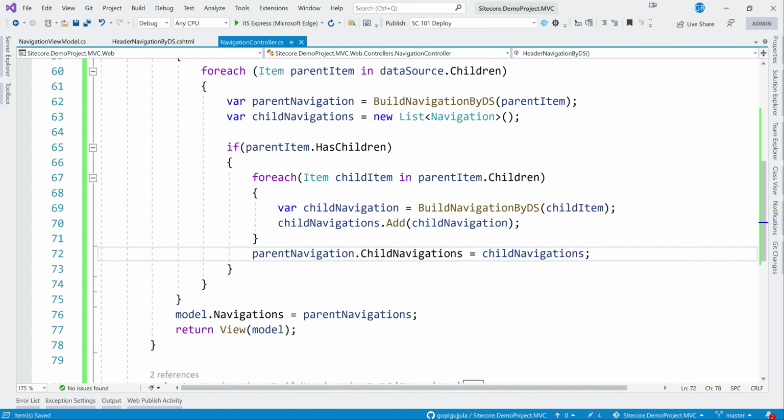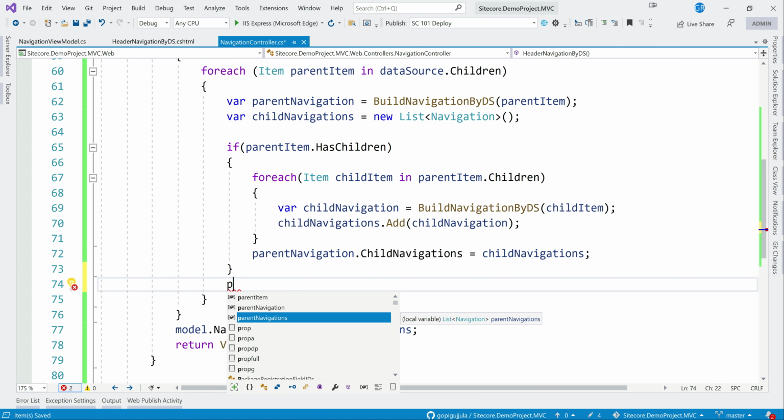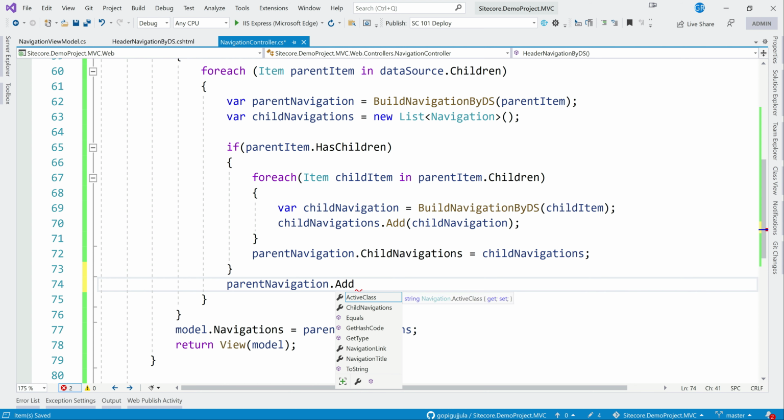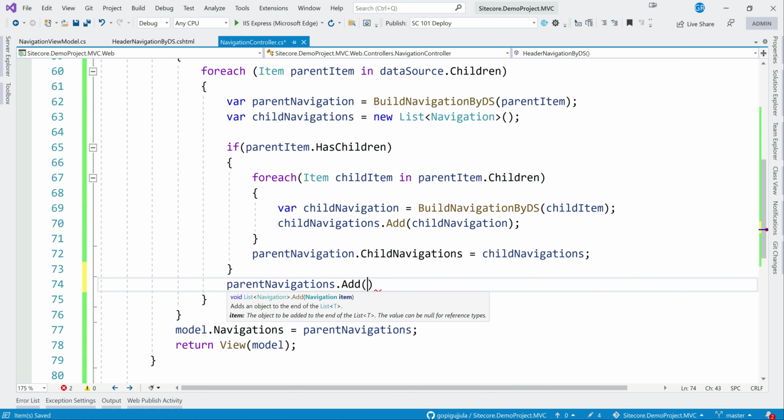And now finally we need to add, so for each loop we need to add finally, parentNavigations.Add(parentNavigation).